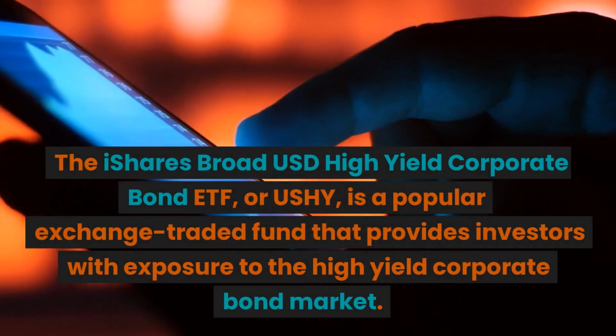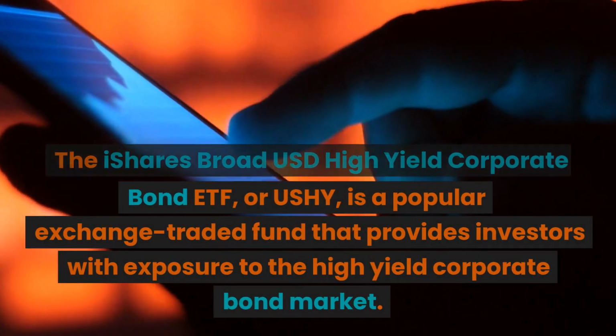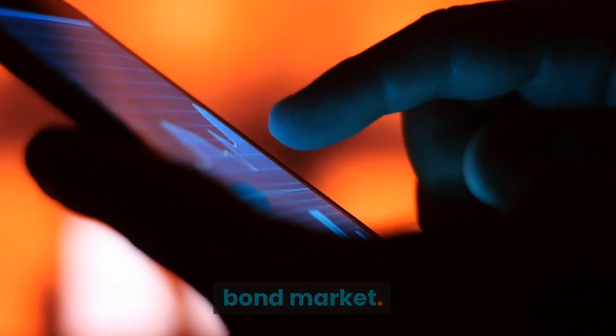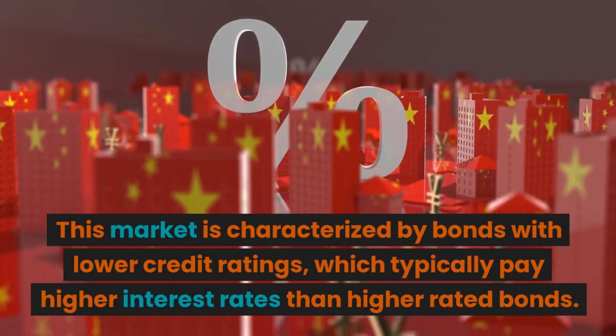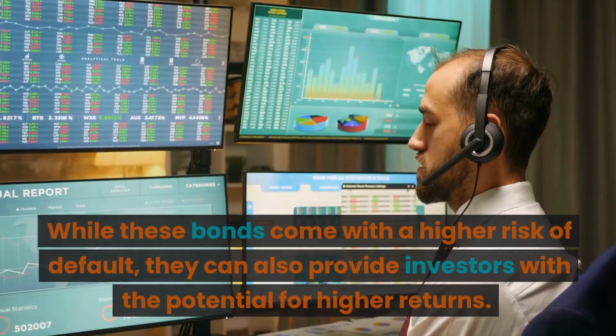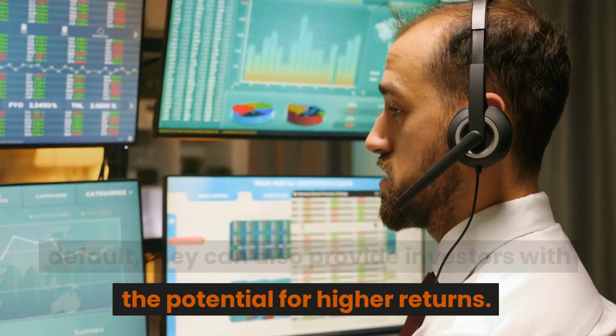The iShares Broad USD High Yield Corporate Bond ETF, or USHY, is a popular exchange-traded fund that provides investors with exposure to the high-yield corporate bond market. This market is characterized by bonds with lower credit ratings, which typically pay higher interest rates than higher-rated bonds. While these bonds come with a higher risk of default, they can also provide investors with the potential for higher